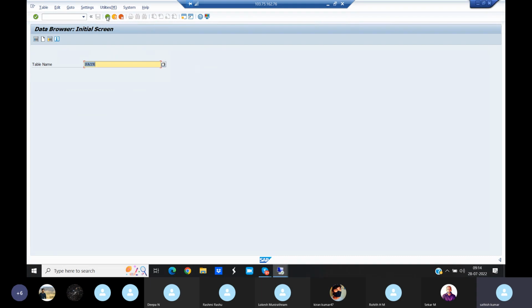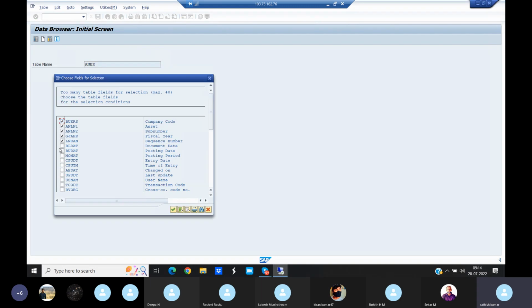Asset accounting, document header level. If you want to pull the report, ANEK. Enter now, and update here document date, posting date, period, whatever you want, you can select here. Select enter,